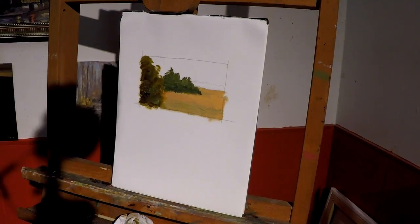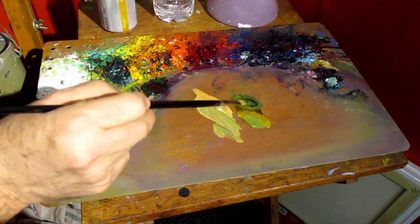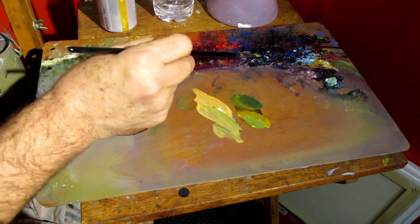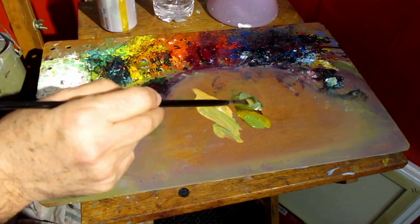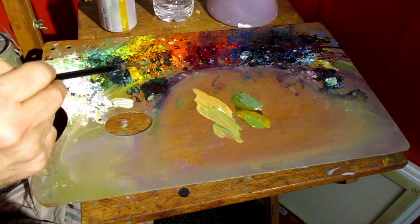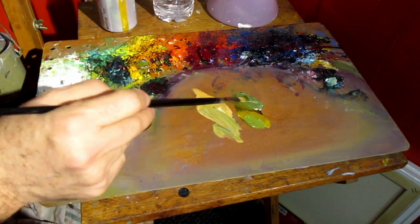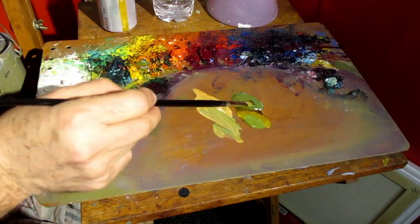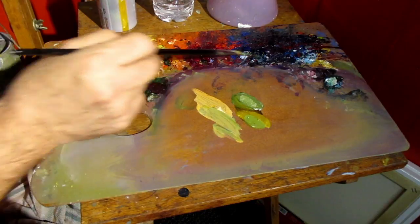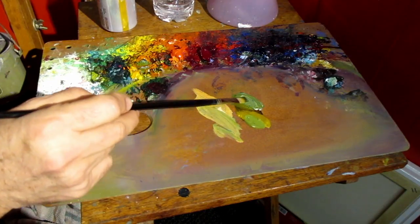There. Okay. And then for this one back here, I'm just going to do the same thing. I'm going to go back and blue my mix even more. Then I'm going to take my titanium white and bring the value of that where I think it should be. And that got pretty chalky, so I'm going to go into my Indian yellow and add just a touch of that to warm it up a little bit. Then we'll test that, and I think we can go a little lighter and a little bluer. I don't know if you can tell how chalky that just got, but it got pretty chalky there. So we're going to go in with